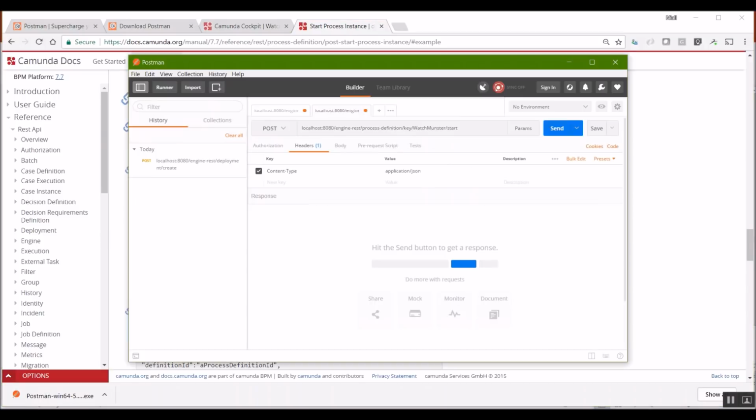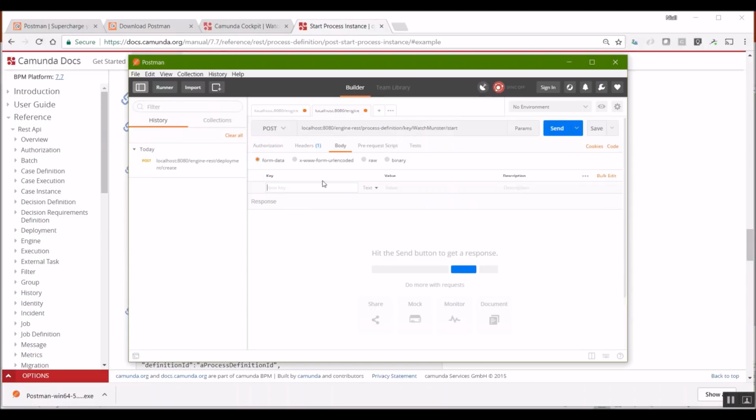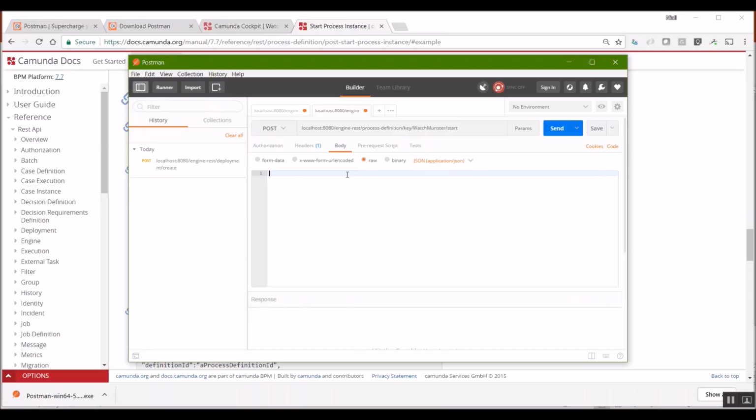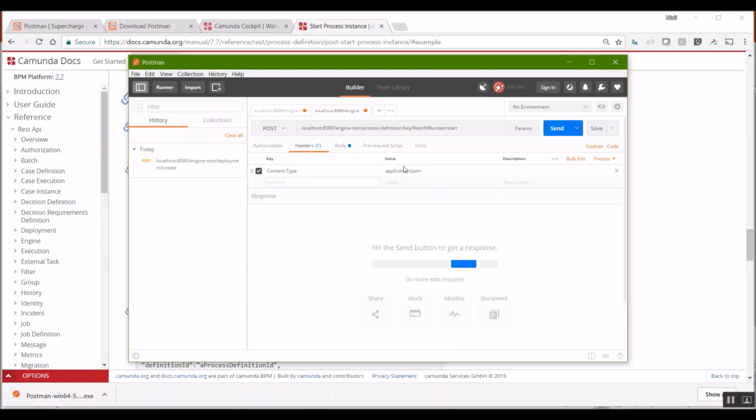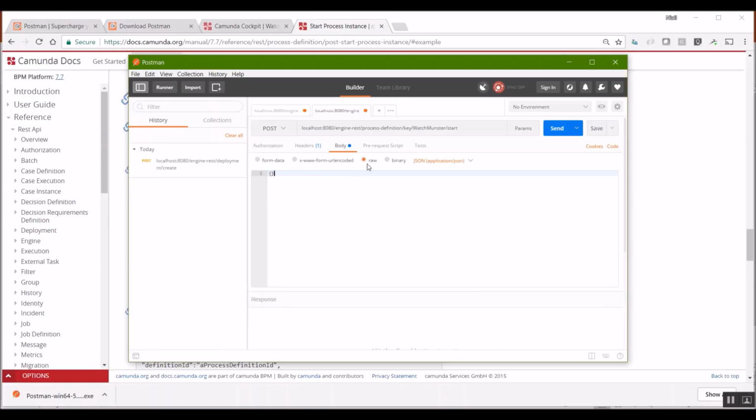Instead, I'm going to go to the body, click on raw, and just add an empty JSON. Okay, so that's what we have. We've added our headers, which is content type application JSON. We've gone to the raw section of this and added an empty JSON, two curly brackets, and we also have our endpoint. So let's start our process.